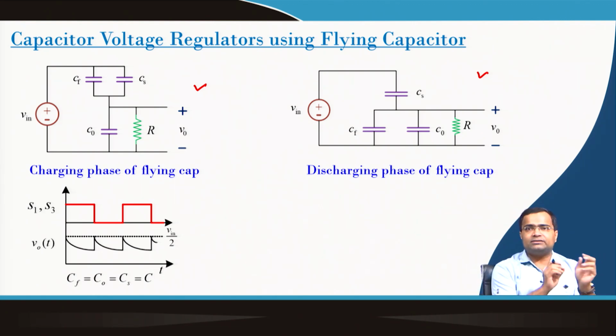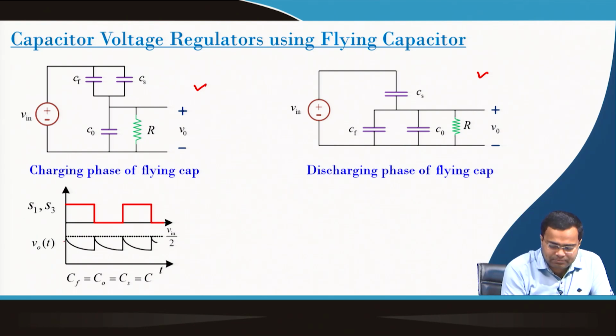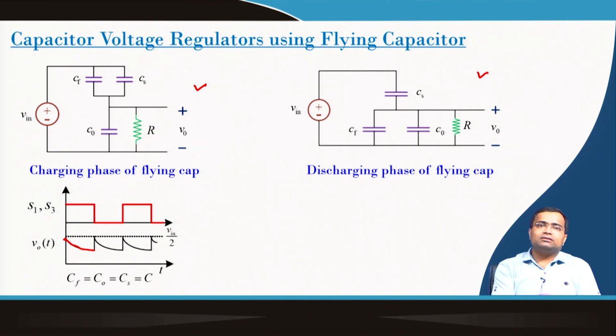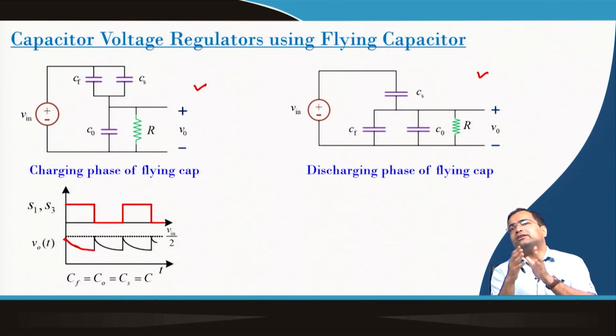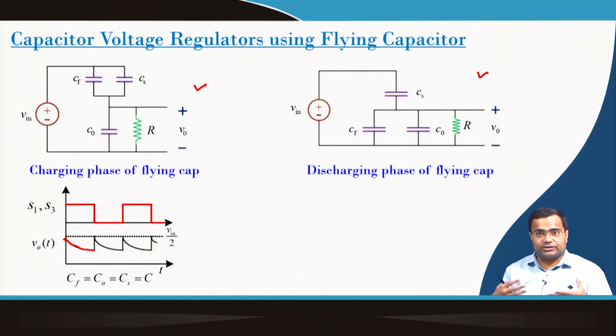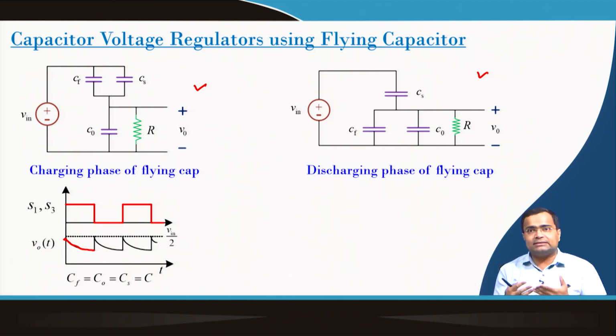So, one is the charging phase, the other is the discharging phase. And what we found is this rate of discharge. If we talk about this particular profile, who decides this rate of discharge? The faster discharge corresponds to higher current that the output capacitor is delivering to the load. That means if the load current increases, the rate of discharge will be faster. If the load current decreases, the rate of discharge will be slower.